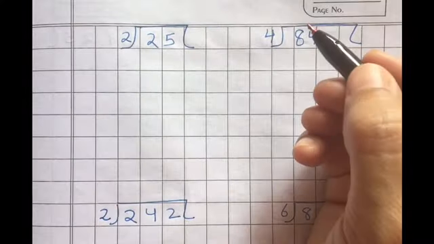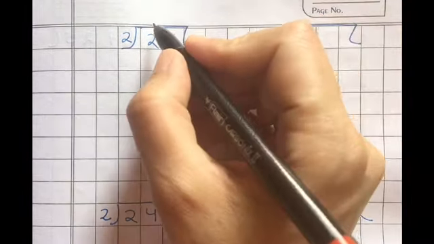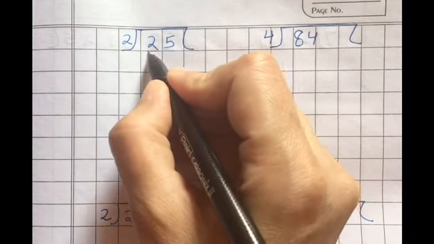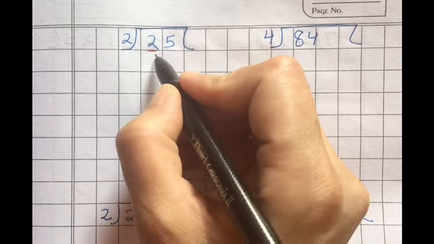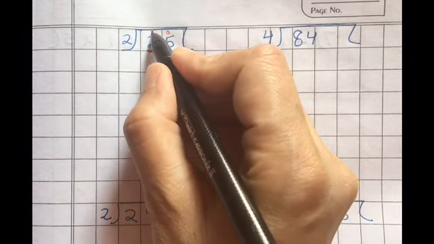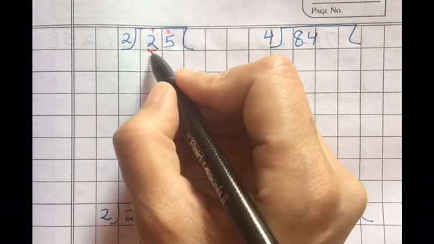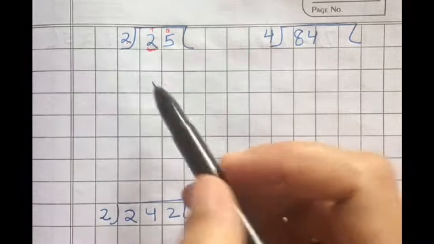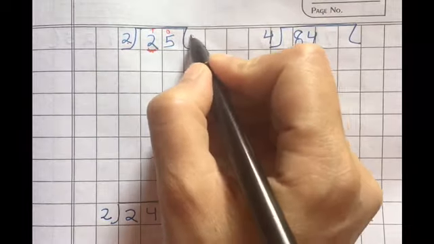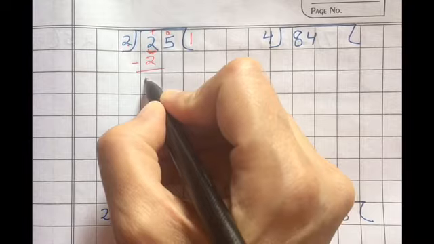Let's discuss some examples of division, how we are going to do them. First one, 25 divided by 2. Now we will start from the number on the left hand side, which is at the highest place value. This is ones, this is tens. So whatever number is at the highest place value, we are going to consider that first. Now in the table of 2, we will have to find the number which is either equal to or less than 2. So 2 ones are 2. Now subtract them, 2 minus 2 is 0.